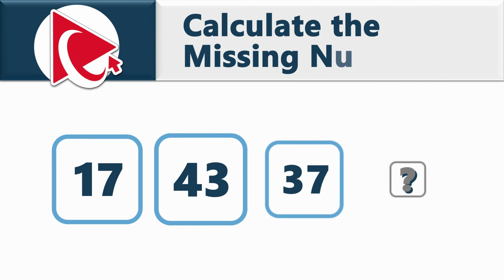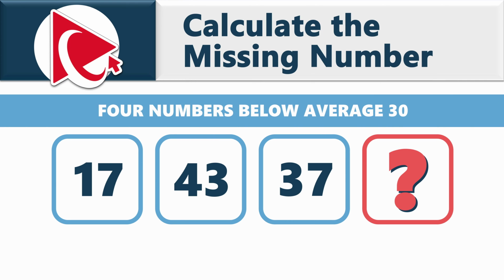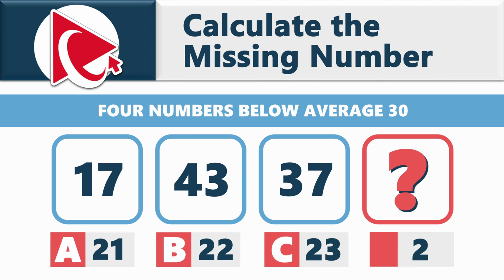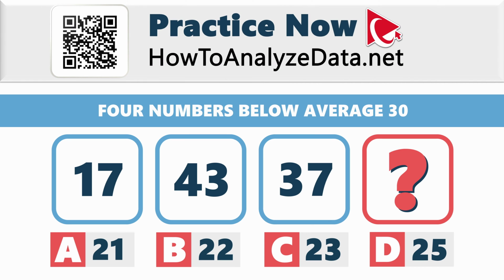You're presented with 4 numbers, 17, 43, 37, and then comes the missing number you need to calculate, knowing that all 4 numbers average 30. Your choices for the answers are choice A, 21, choice B, 22, choice C, 23, and last but not least, choice D, 25. Well, this question may seem daunting at first, but I know you have the skills and creativity